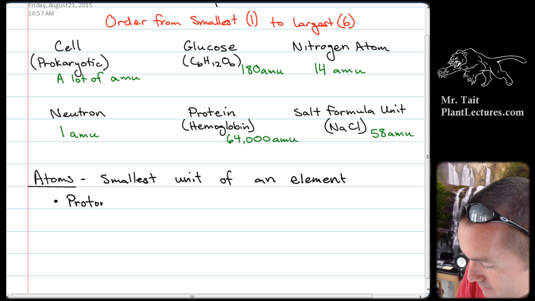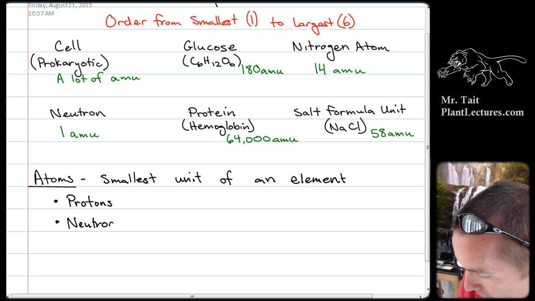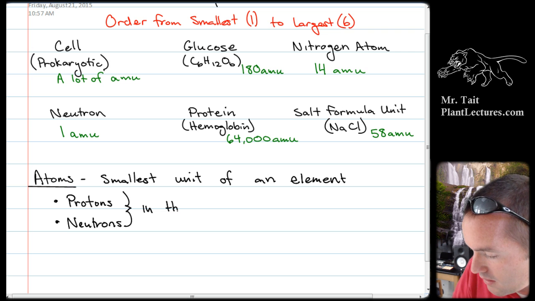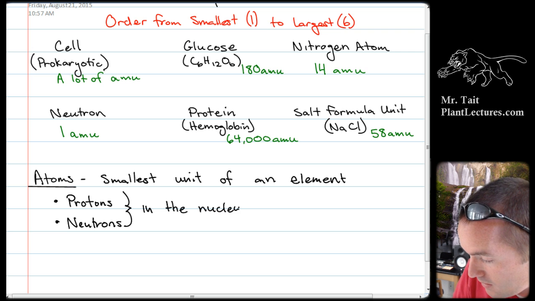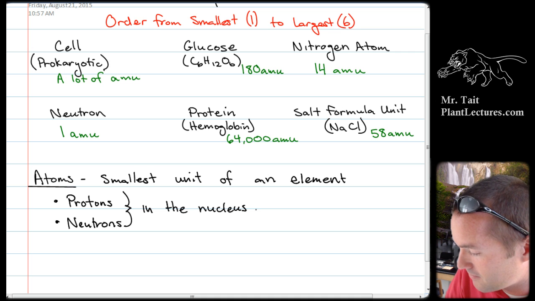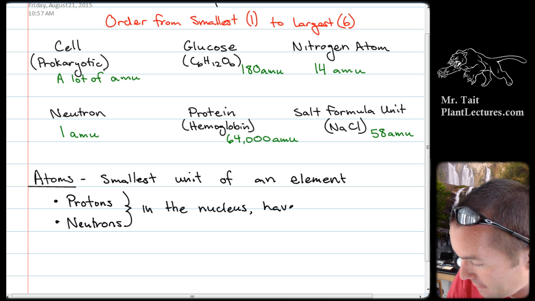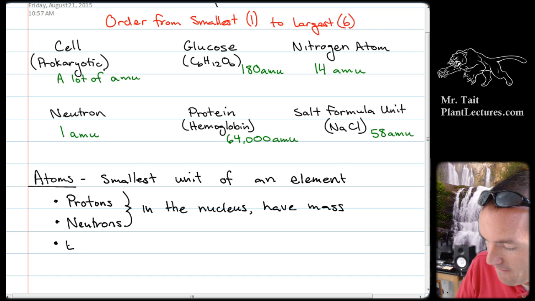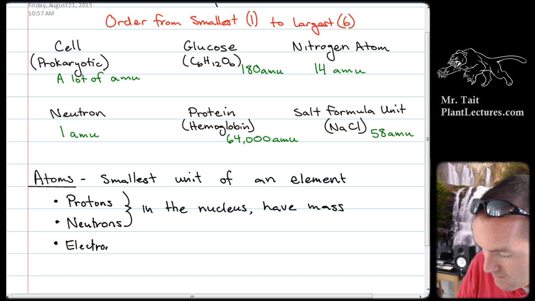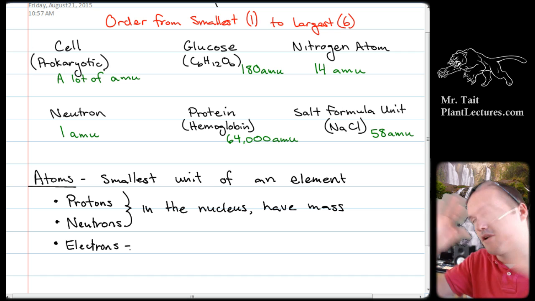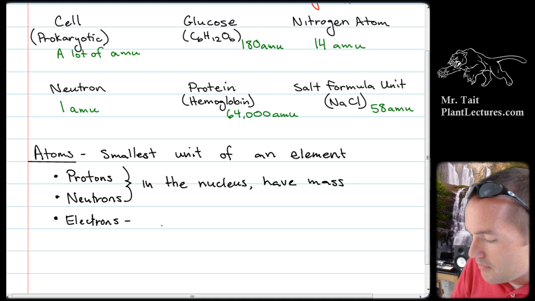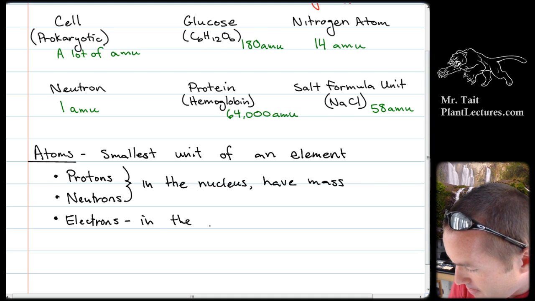So protons and neutrons, those things are going to be in the nucleus. And those things have mass. Okay? The electrons are not in the nucleus. The electrons are in this area that we refer to as the electron cloud. They're kind of just whirling about outside the nucleus, right? So in the electron cloud,